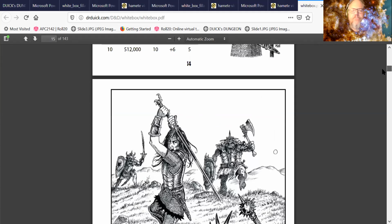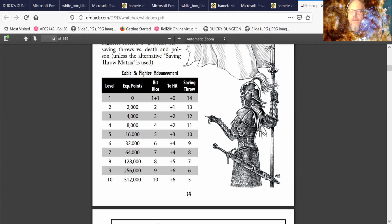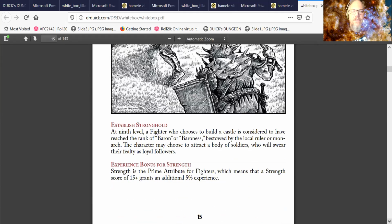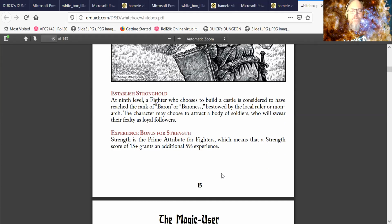Now, like that, that's cool. Here's a nice little picture. The artwork, phenomenal here. Look at this. Guys are coming on this fighter. He's got a 2-handed sword. He's going to do some damage. Nice. Good times, right? You get big enough, you get like a stronghold type thing, and it talks about extra